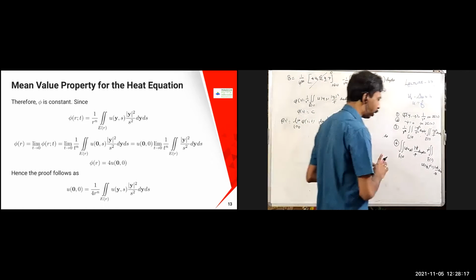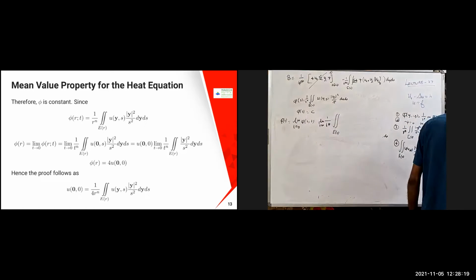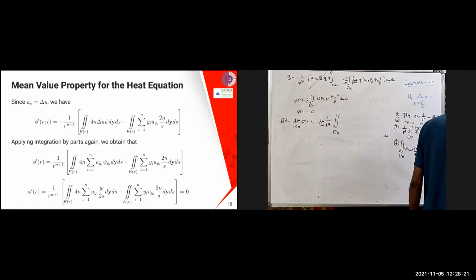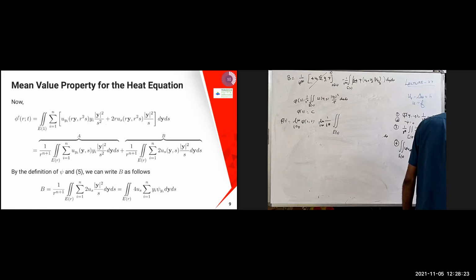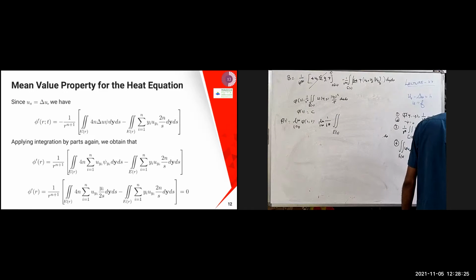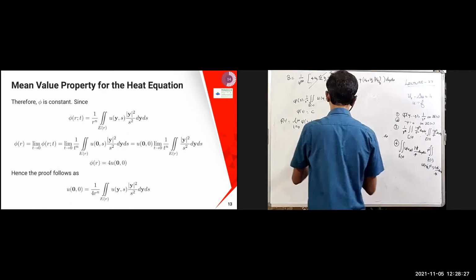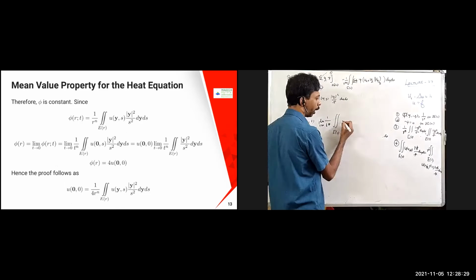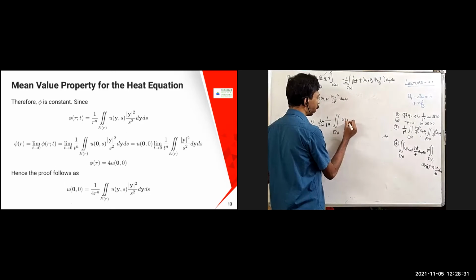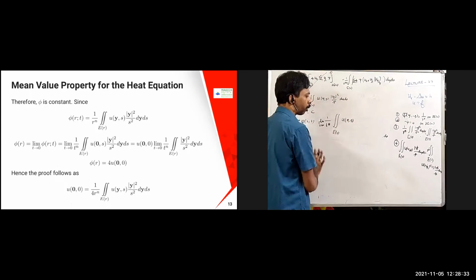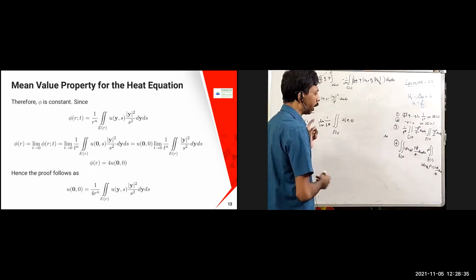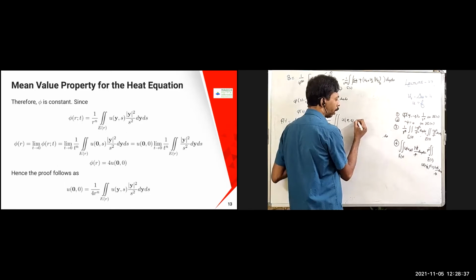Okay, so remember this one. Pi of r comma t, I have defined this way. Okay, so therefore this is going to become like t tends to 0 is going to be there. So I'm just going to take a particular u of 0 comma s. I'm going to take it. Okay, that is also going to be the same thing. Okay, so t tends to 0. Therefore this is going to become like mod y square by s square dy ds.